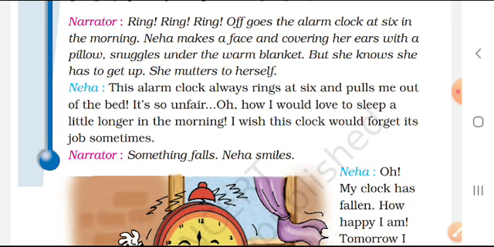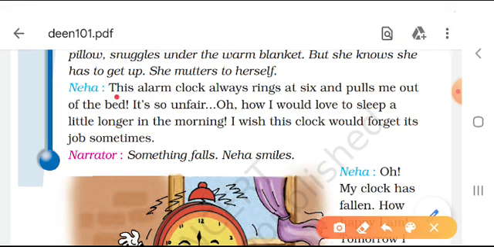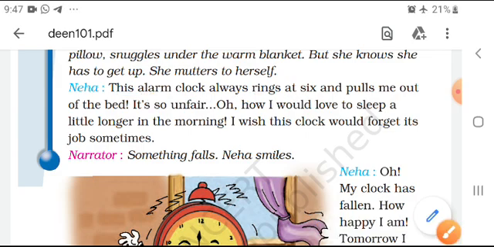What is she saying? This alarm clock always rings at 6. This is the alarm clock. Why does this alarm clock always ring at 6? Because Neha wants to sleep more, but this alarm clock wakes me at 6 o'clock. So she's saying this alarm clock always rings at 6 and pulls me out of the bed. It means the alarm clock rings at 6 o'clock, and that is the reason I have to come out from